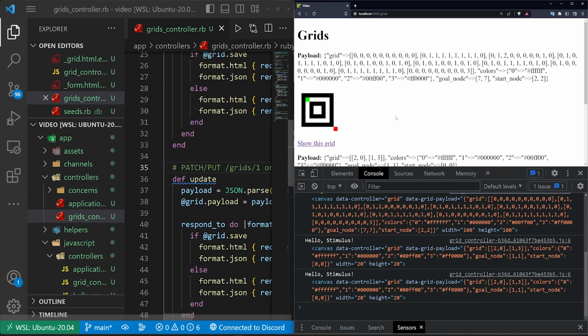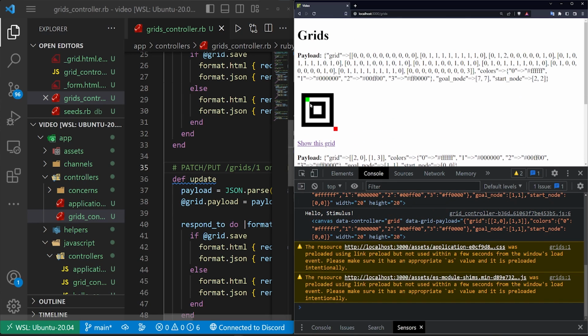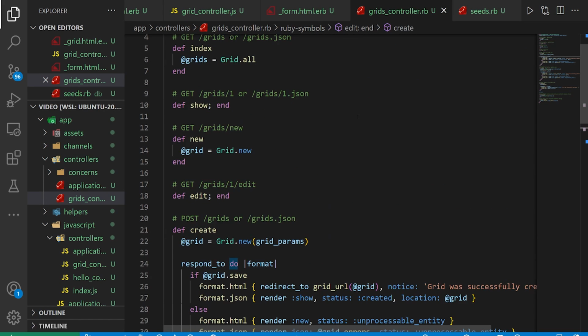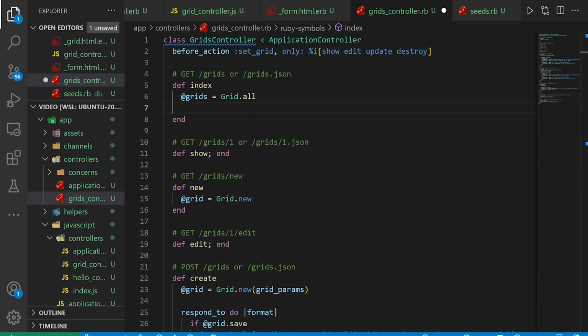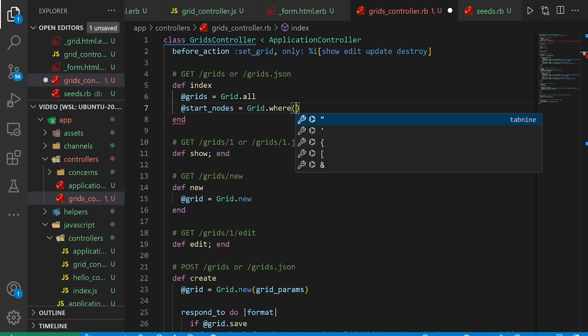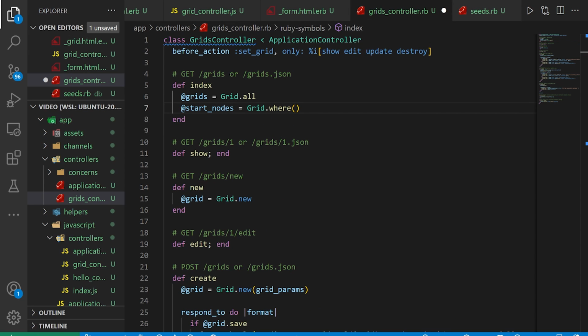Now for the final step, let's query these for any grid where it's located at 2, 2. So we already saw that earlier. Basically all we have to do is up here in our index, we can create some kind of variable with @start_nodes equals, and then you can grab the grid payload. Now here it's suggesting to do an @grids.map for the grid and then the grid payload. This isn't what we want though, right? So instead what we want is that grid.where we had earlier. And then let me just copy and paste this because you don't want to watch me type this. We grab the payload and the start node and we check for where the start node is 2, 2